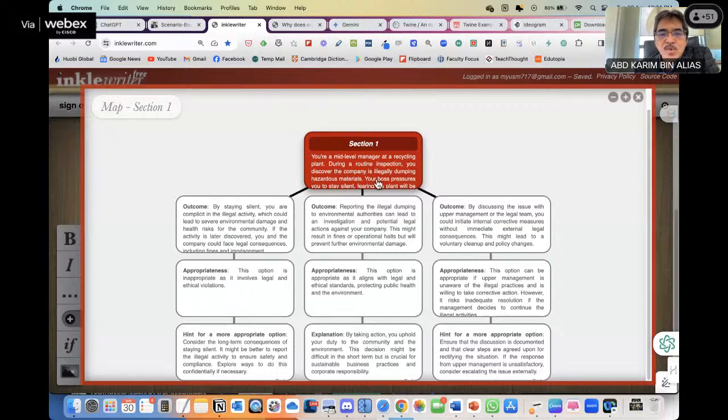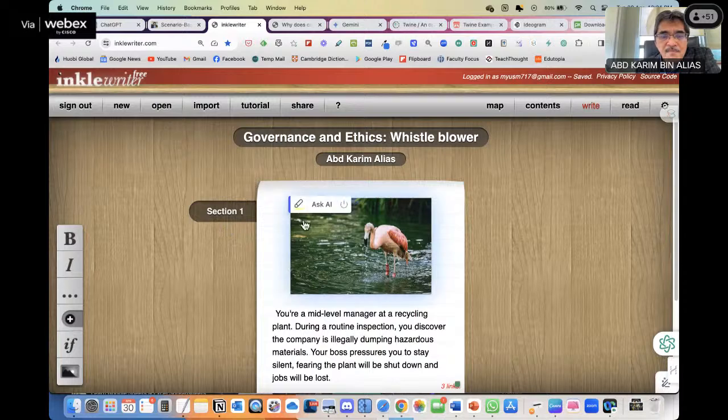It will show you for section 1, which we can consider as decision point number 1. So if you have decision point number 2, maybe this outcome will branch out to another decision point. So section 1 here is actually decision point number 1 for a simple scenario.